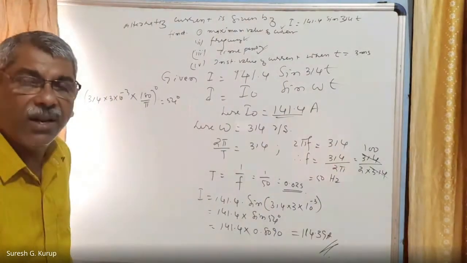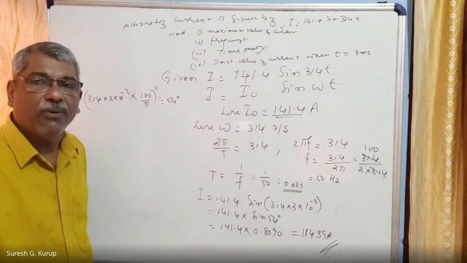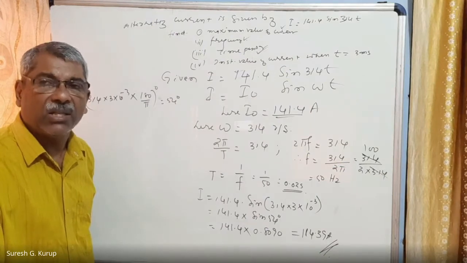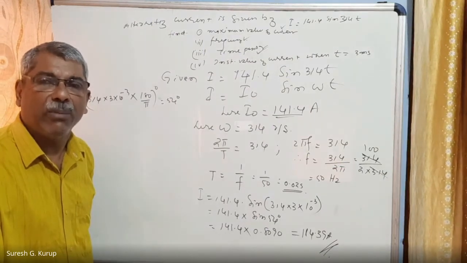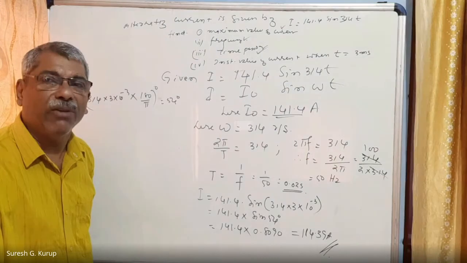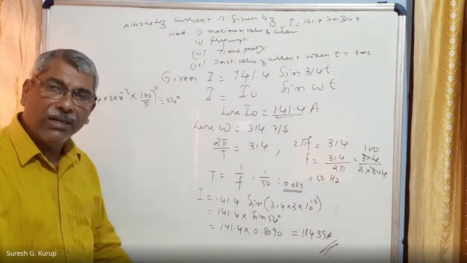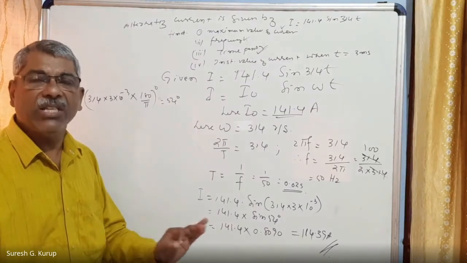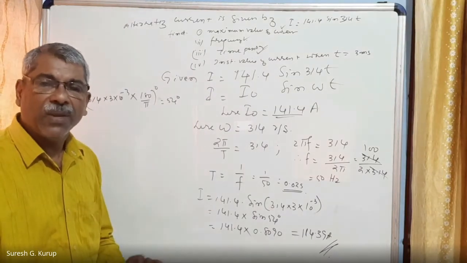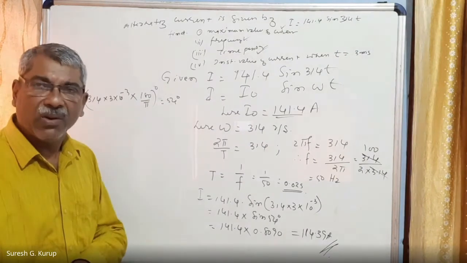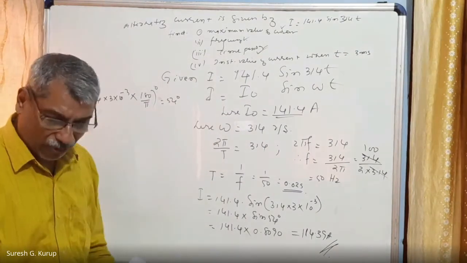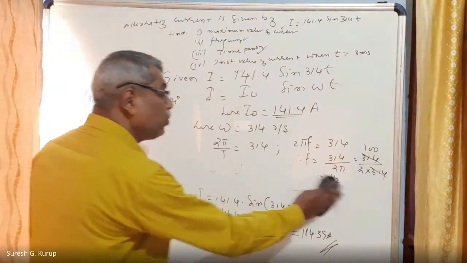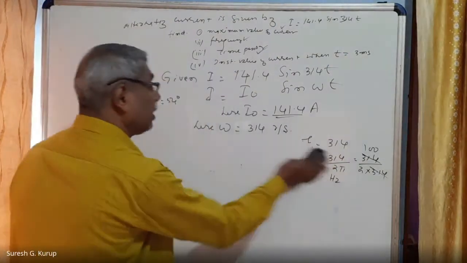So today we have studied how EMF is induced in a coil due to change in magnetic flux, and also the expression for EMF we have derived is E equals E0 sin omega t. E is called the instantaneous value of EMF, and E0 is called the peak value of EMF, and the instantaneous current I is equal to I0 sin omega t. I is equal to E by R, right? This is represented in terms of a sine curve. That is why AC EMF or current is called sinusoidal EMF or sinusoidal current, right?